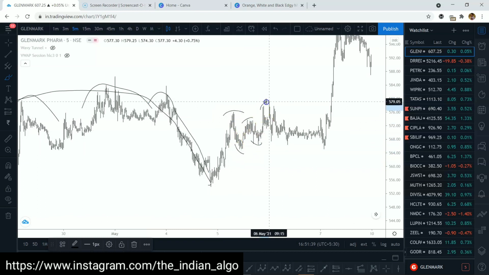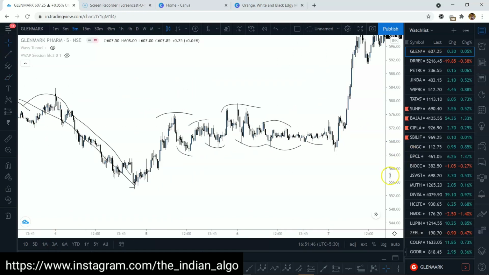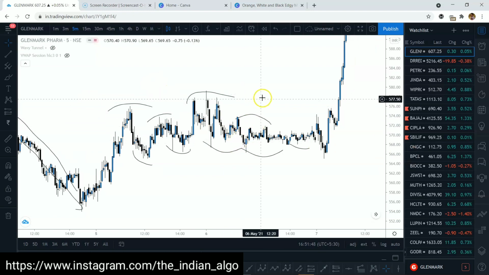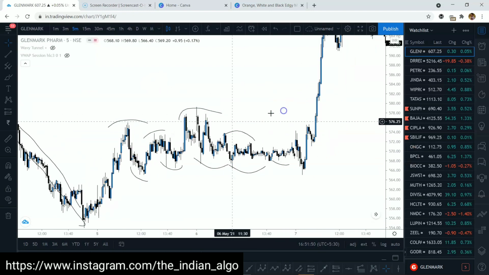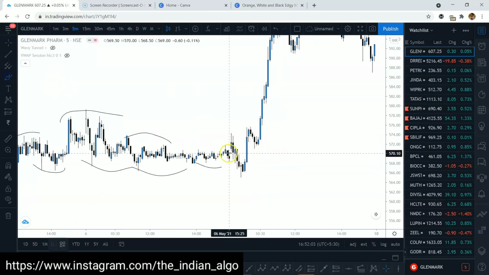Now as we get this contraction, you don't really have to figure out whether I am supposed to enter in between of the day, or somewhere in between. No, you don't really have to figure it out. You just have to let the contraction occur. You just have to let the contraction get over, and on the new day, so this is a new day, 7th May 2021, 9:15 candle. Look, the opening candles itself are small ranged candles. Then you get this spike up, then you get this move right here.